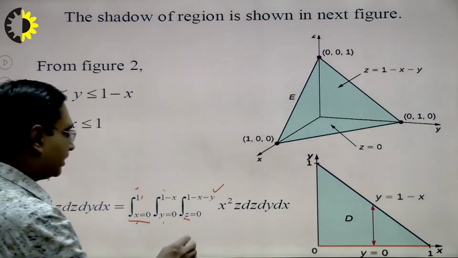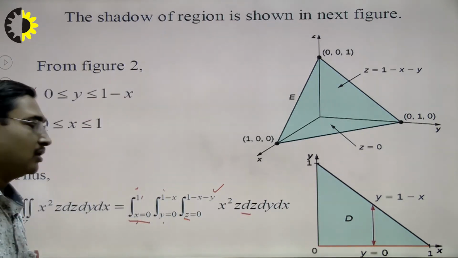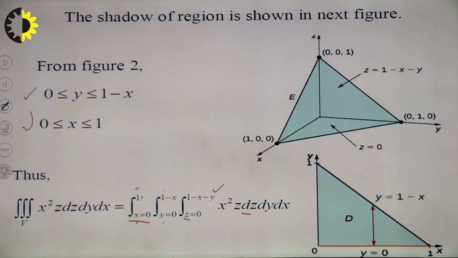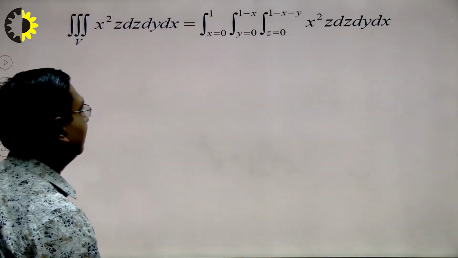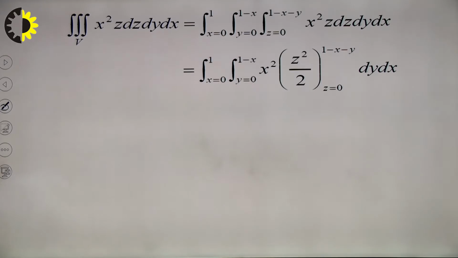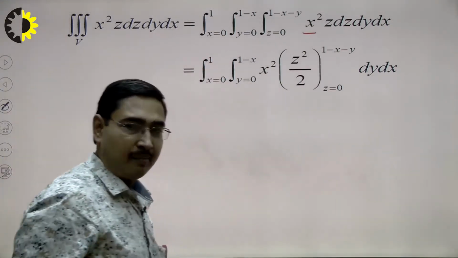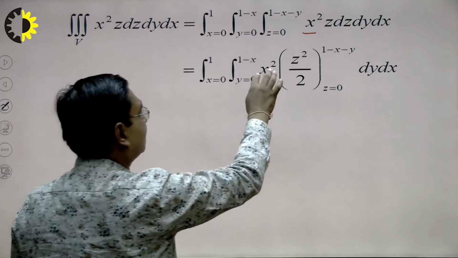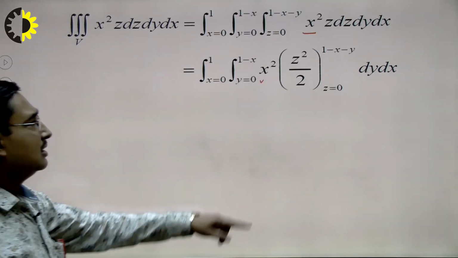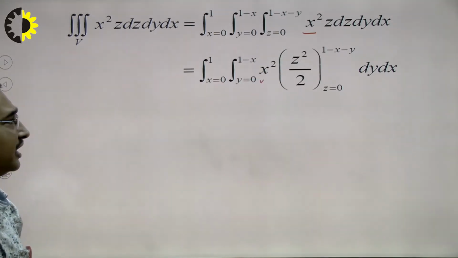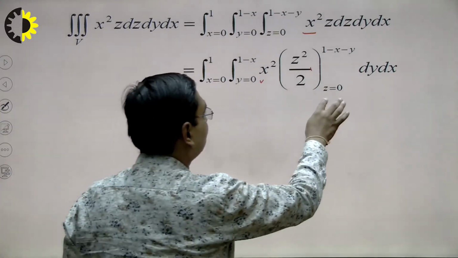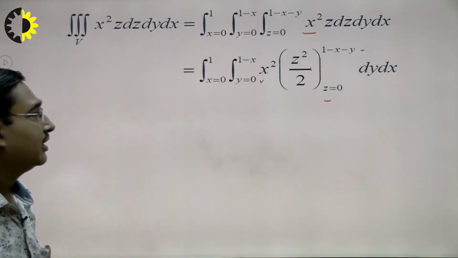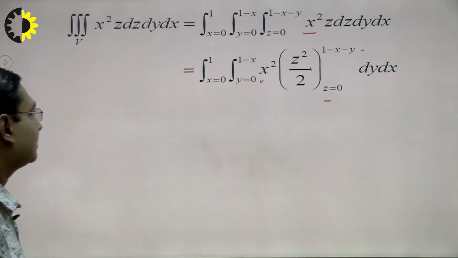First of all, we shall integrate with respect to z, because limits of z are written inside and we have written them deliberately. Then we will integrate for other variables. This is our integral. Integrating it with respect to z, x and y will remain constant. So, this x square remains unchanged. Z dz when integrated will give z square upon 2. Limits of z are from 0 to 1 minus x minus y. Applying these limits,